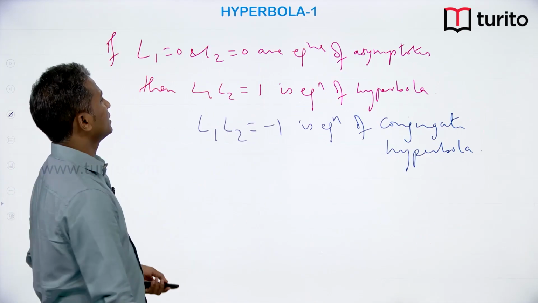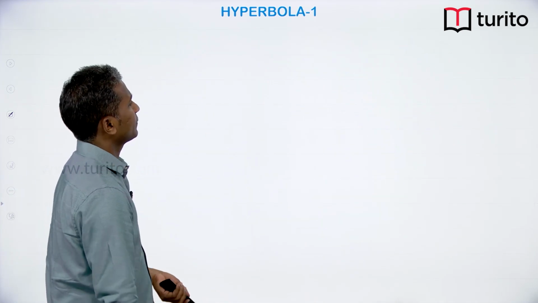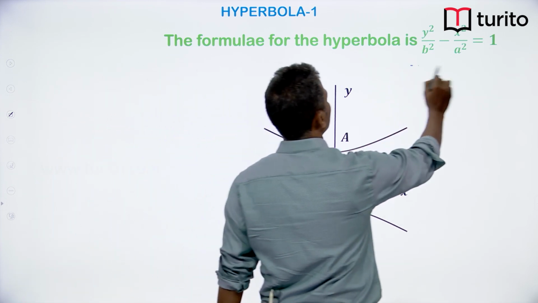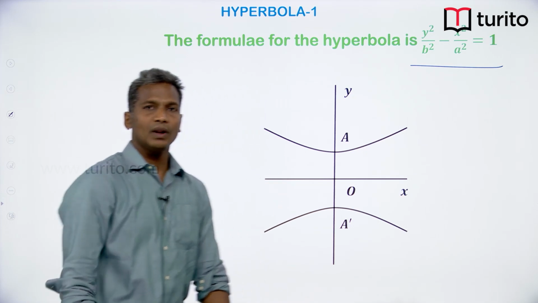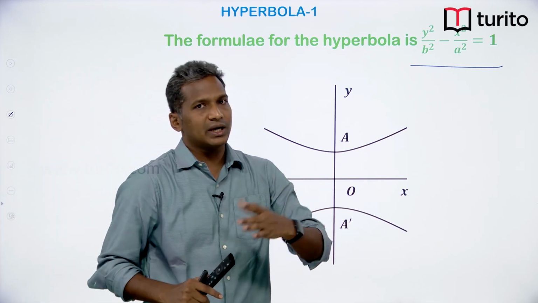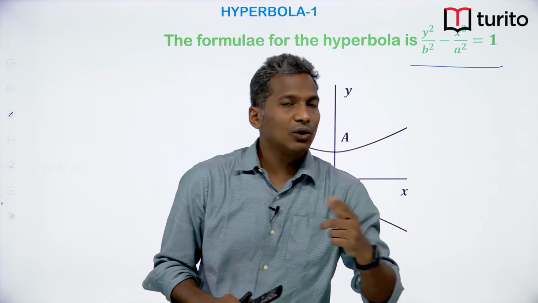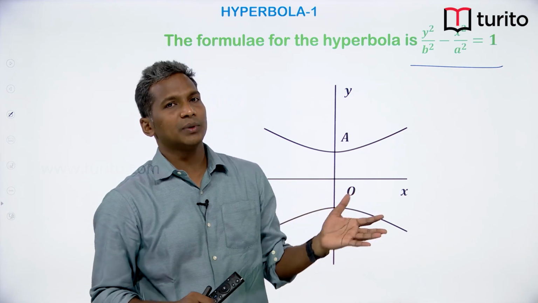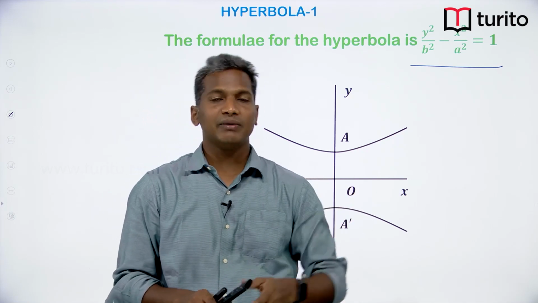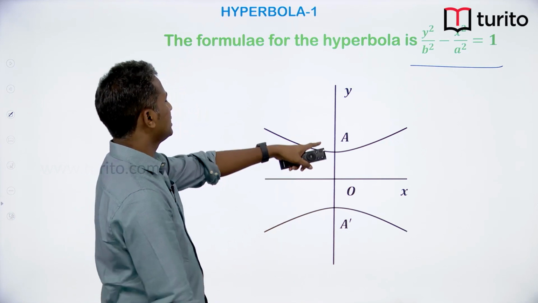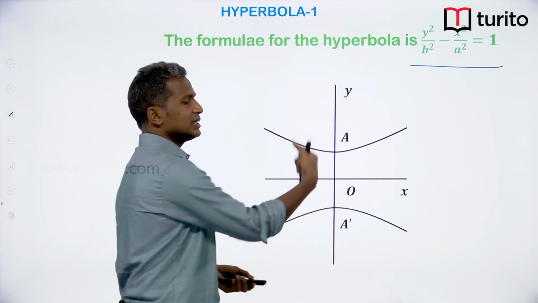Now, let us look at the conjugate hyperbola. So, this hyperbola is called the conjugate hyperbola. Now, here there is no rule that a must be greater than b or b must be greater than a. In ellipse, we always have major axis greater than minor axis, but in hyperbola transverse and conjugate may vary. Okay. So, that we have seen in the earlier diagram also. So, this hyperbola is basically oriented in this way,